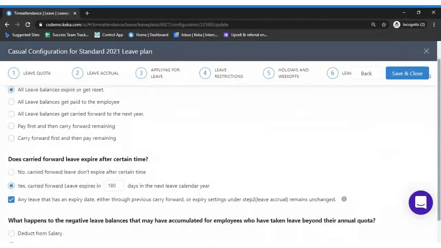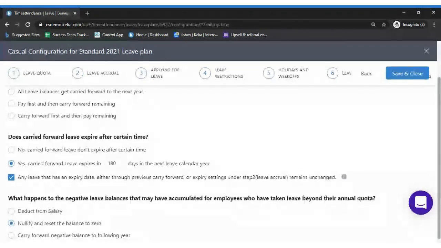The next category would be: does carry forward leave expire after a certain time? Let's assume you have carry forwarded 6 paid leaves from the previous year to this 2021 calendar. Once the carry forward is done, whether you want to set up any expiry date for that carry forward or not, you can manage in this particular option.